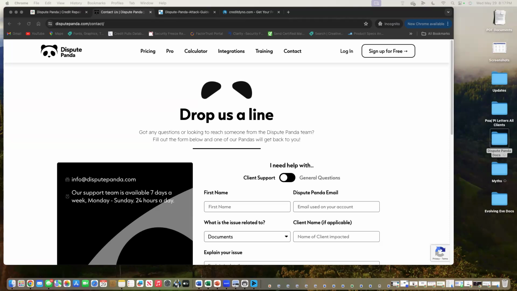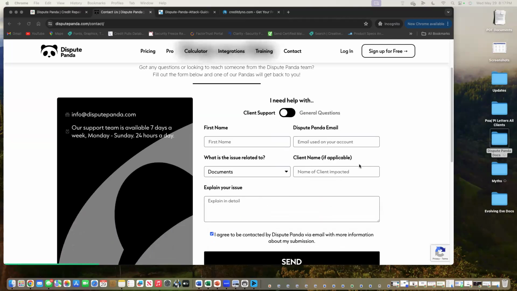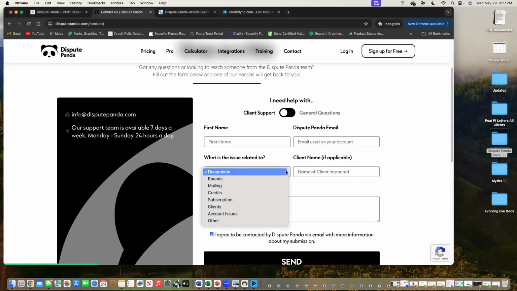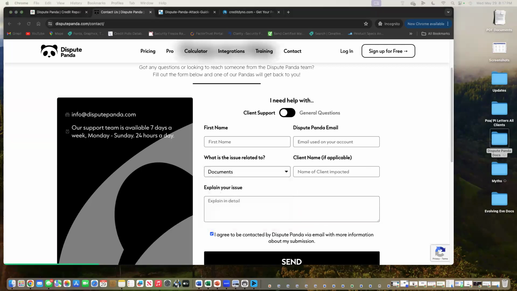So what you're able to do with Loom is you're able to come into the system, and if you're having a client problem or a client issue, you can literally record what the issue is, go ahead and copy the link, drop it in here, fill out this information, whether it's a document issue, a recording issue, or whatever it may be, you can drop it in here, and what they'll be able to do for you is the back office will be able to look at the video and you get an alert that the video has been watched. So you kind of have a time sense as to when someone will get back to you.